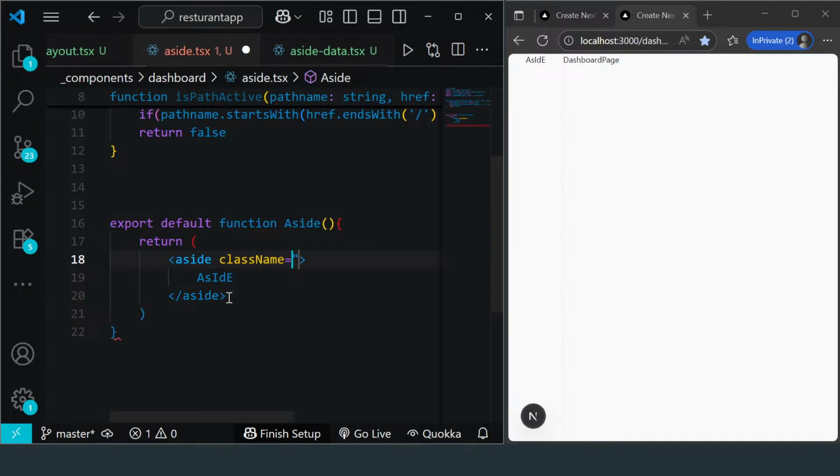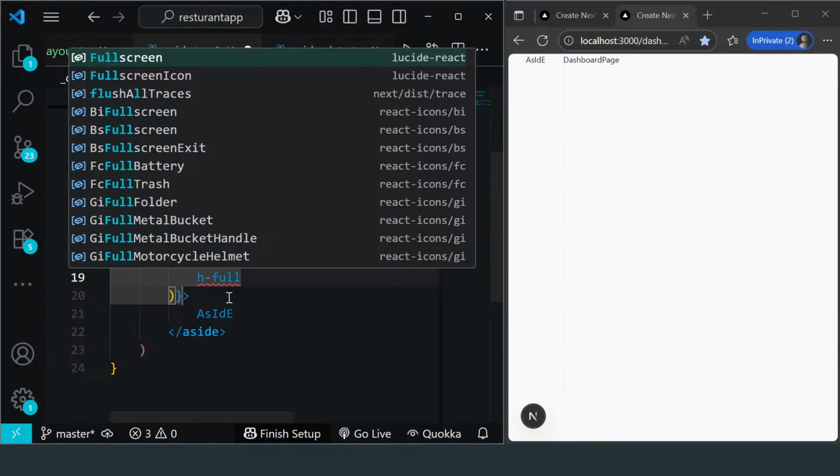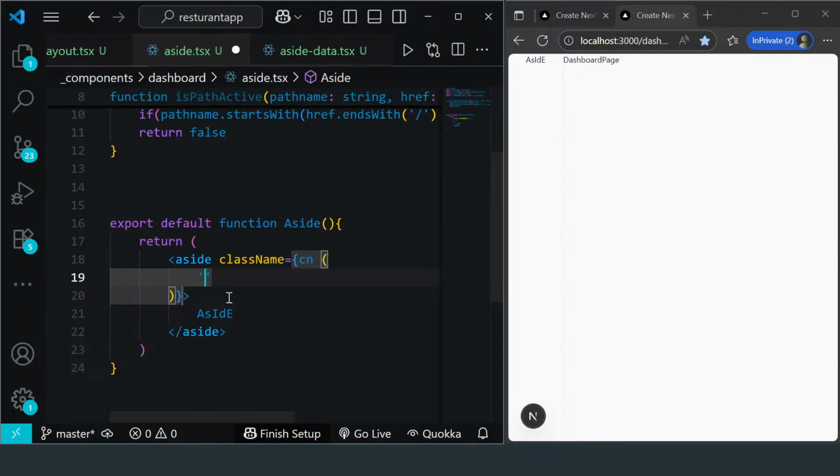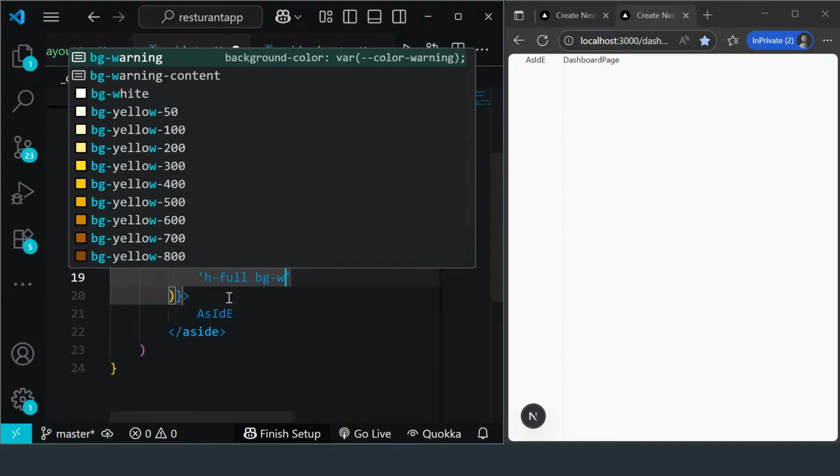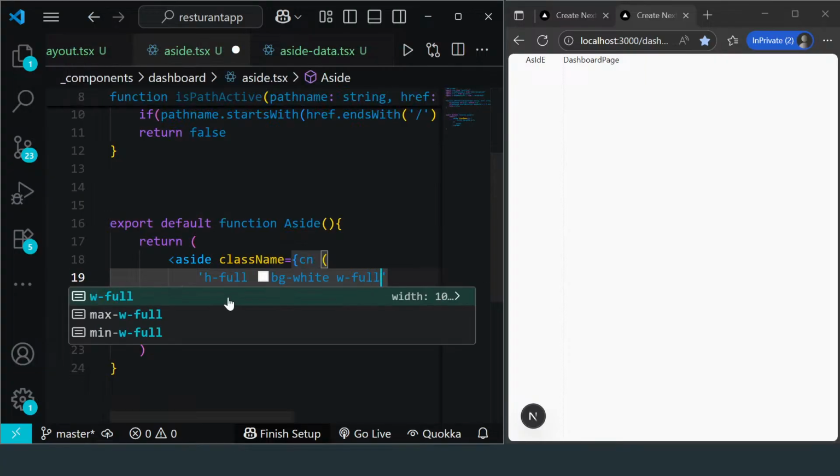So we'll go className, and this is going to be dynamic because we have the potential of there being something active or not. So we'll go className with the curly braces, and then we're going to use the cn utility that we created. And the initial styling that will always be there no matter what is we're going to set the height to full, and it helps if I put that in parentheses of some sort. And we'll set the background color to white, the width to be full,